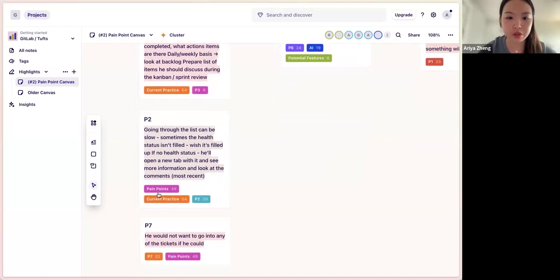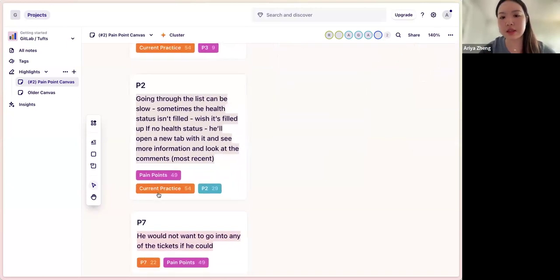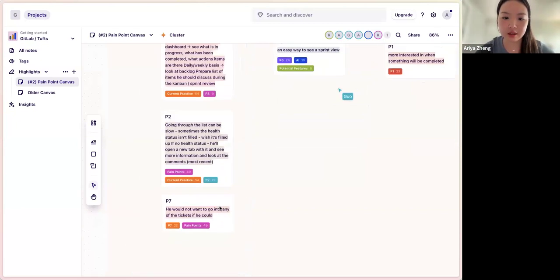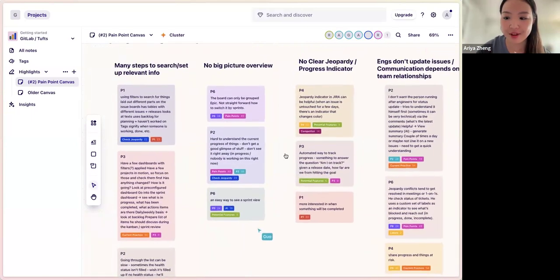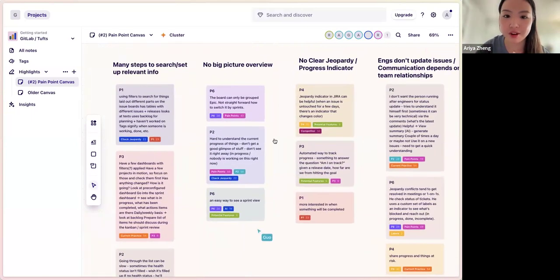Person two is a GitLab user, and they said that they actually do not use boards at all. They come up with their own list within the issue, and they have URLs linked to each list. They have to hover over the URL to see what the progress is. So that's the first part. And whoever interviewed these people, feel free to jump in if you have more context to add. You can interrupt me if you want.